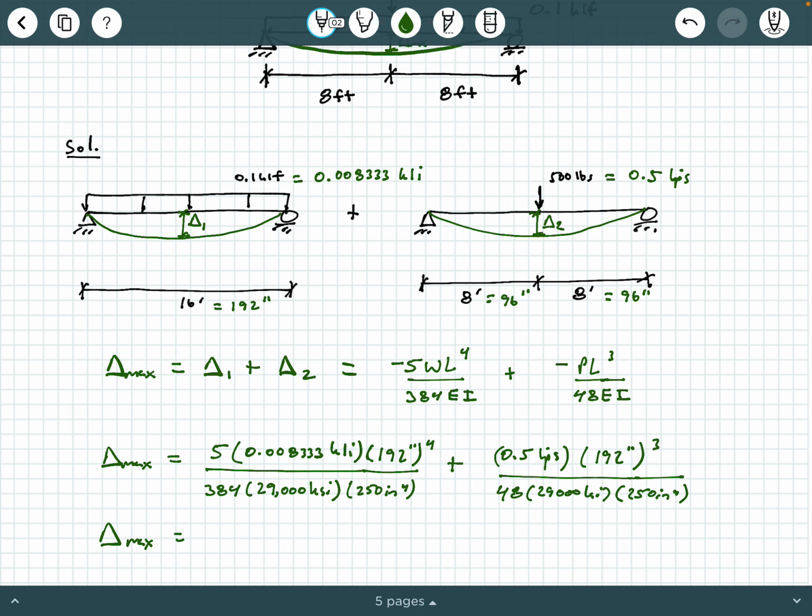All right, so we're going to punch this into our calculators very carefully. 5 times 0.008333 times 192 raised to the fourth power. And then we're going to divide that by 384 times 29,000 times 250. And so for that first term, I get 0.0203 inches. And then let's see what we get for the second term. We've got 0.5 times 192 cubed divided by 48, and also divided by 29,000 and 250, all in that denominator. And so we'll get plus